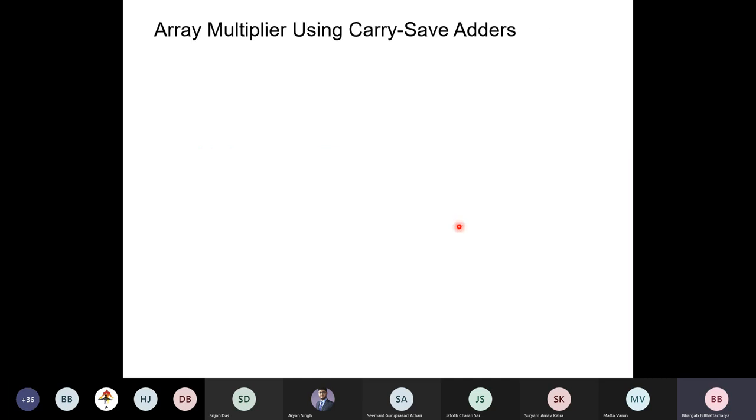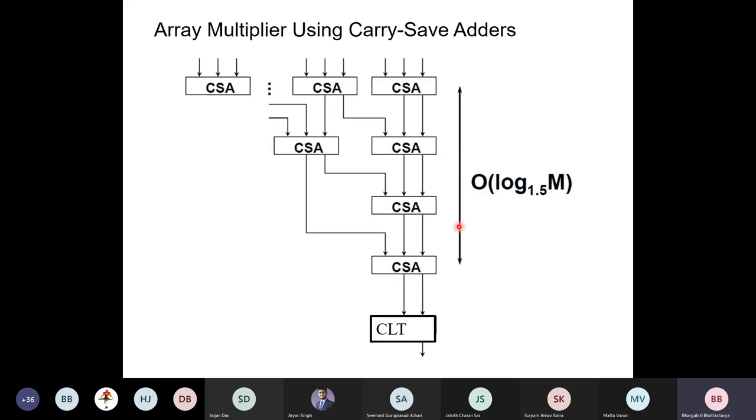As we have seen in the case of carry save addition, we can use this kind of tree, known as the Wallace tree. These are the carry save addition blocks, and each block has 3 inputs and 2 outputs, right? So it's a 3/2 reduction at each step. If we arrange these carry save adder blocks in the form of a tree, it will have a depth of log base 3/2 of n, where n is the number of inputs. Using the same principle, you can also use it in the case of a multiplier